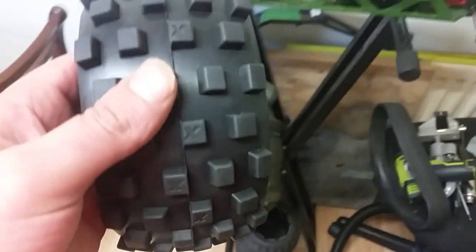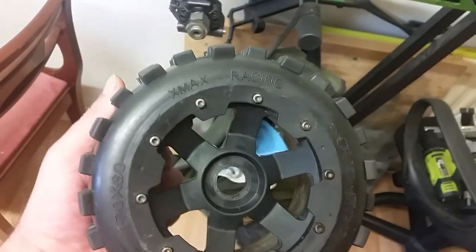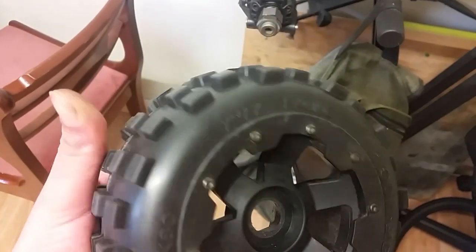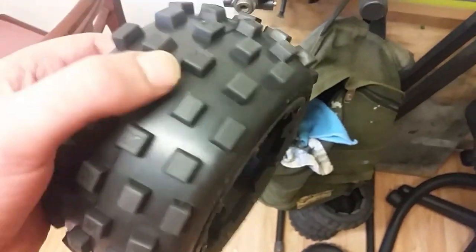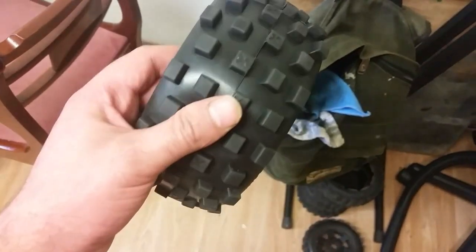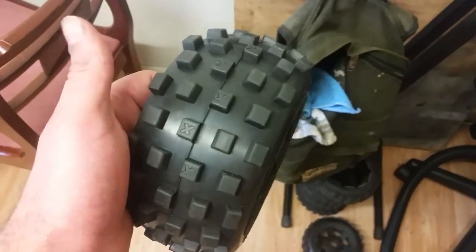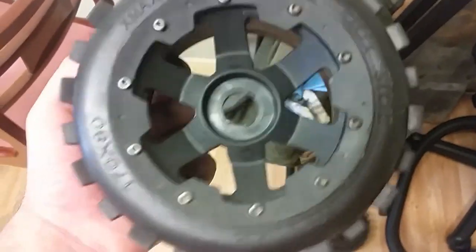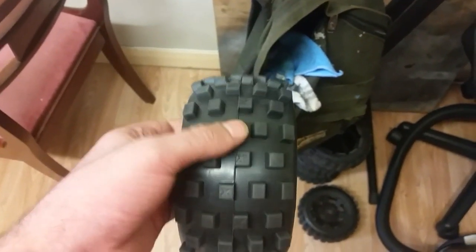And another thing I've done already, it's new tires. Now that's the make. I wanted to get the Mad Max ones, but they were not in stock, so I found these ones online and I bought them. And after I bought them, the Mad Max ones came in stock, and I was like, oh really? But since I already purchased them, I might have to get the Mad Max as well, because